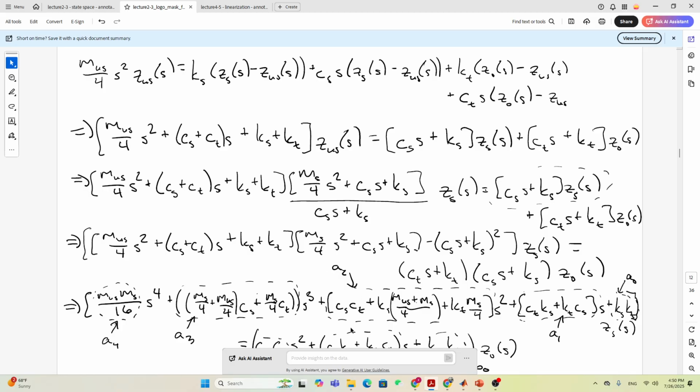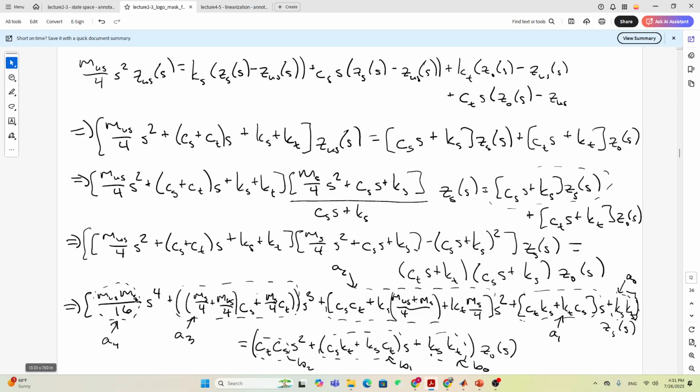In the fifth equation, what we are trying to do is factor out all these coefficients for different orders of s. We start from the highest order, s to the power 4, and then to the power 3, until the power of 1. So we actually factor out every correlated coefficient for different power of s. After we have done that, for the last equation,